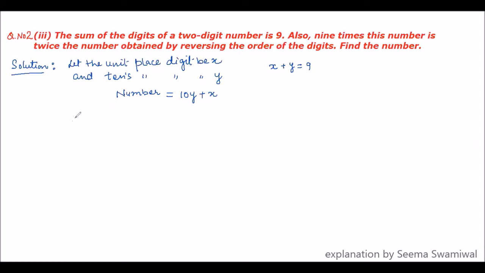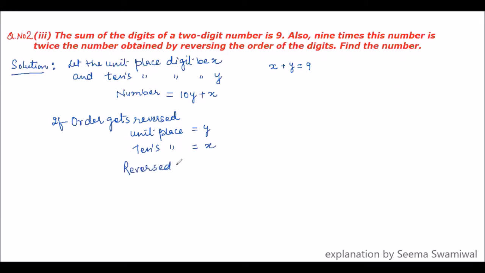So if the order gets reversed, then children, the number at unit place will be y and at tens place will be x. So that means the reverse number will be again